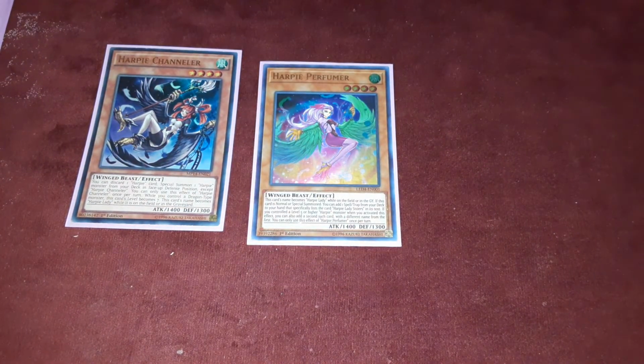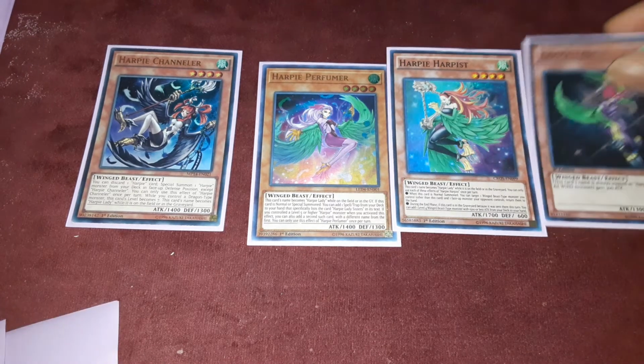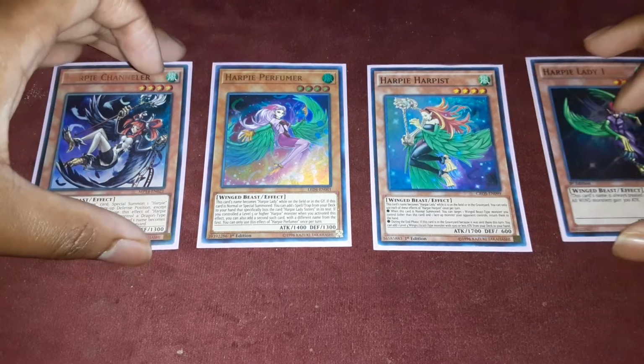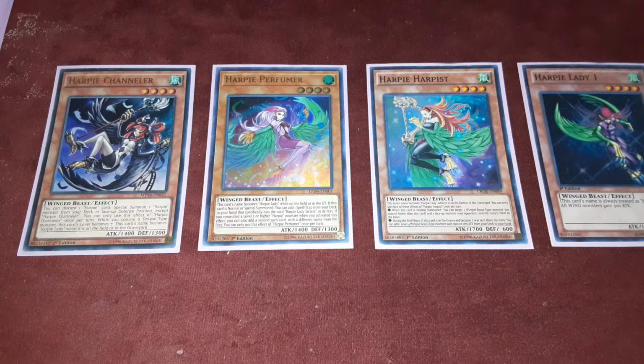Alright, so let's talk about the main deck itself. For my Harpie lineup, it's pretty much triples of Harpie Channeler, Harpie Perfumer, Harpie Harpist, and Harpie Lady 1. Harpie Channeler is pretty much the key component to the Harpie deck. You discard any Harpie card from your hand, and it says summon 1 Harpie monster from your deck. If you control Dragon-type monsters, her level will change from 4 to 7. The thing about it is, I didn't want to run any of the dragons, and that's probably what most people are running. If the extra deck wasn't limited, I'd probably run them, but I don't have